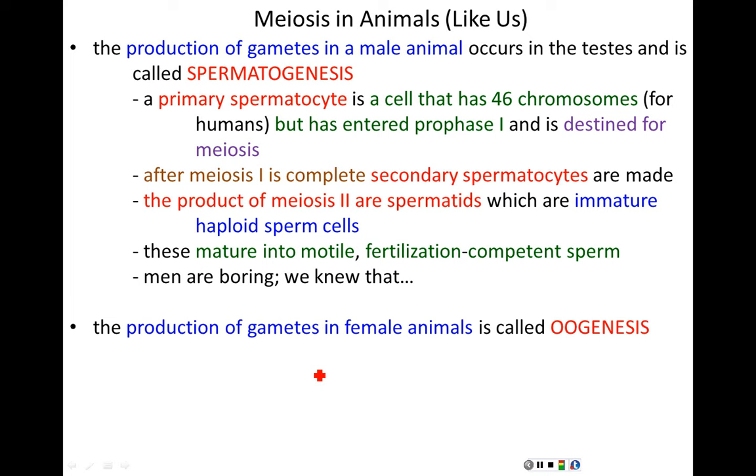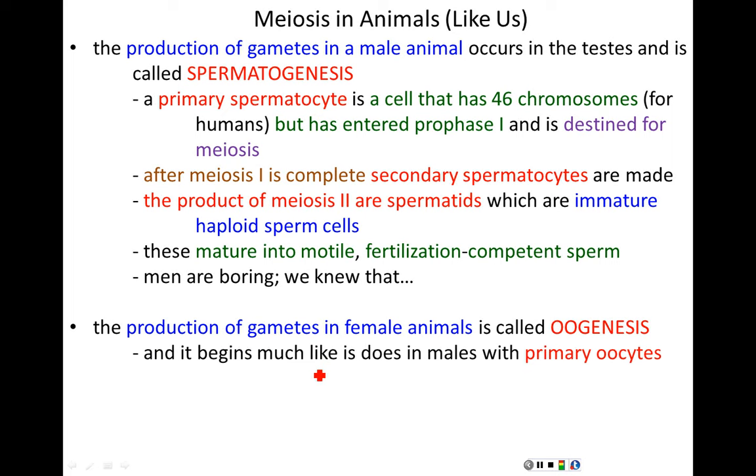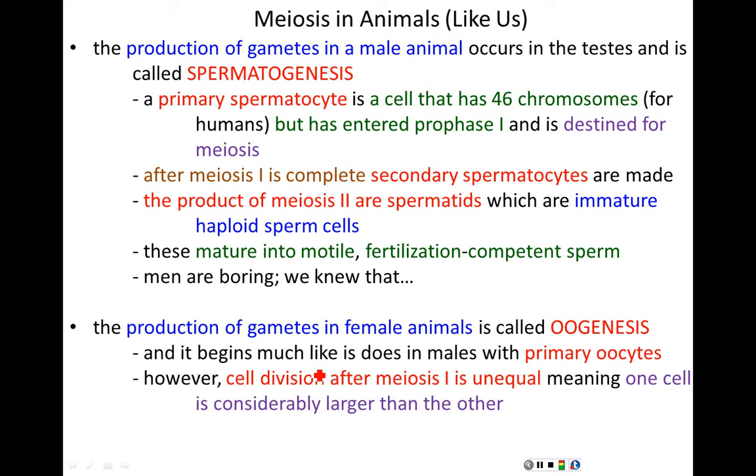The production of gametes in female mammals and female animals is much more interesting. It's called oogenesis or oogenesis, depending on who you hear the word from. It begins much like it does in males with a cell that we refer to as a primary oocyte. The primary oocyte is diploid, as is the case in males. However, after the cell division of meiosis I,